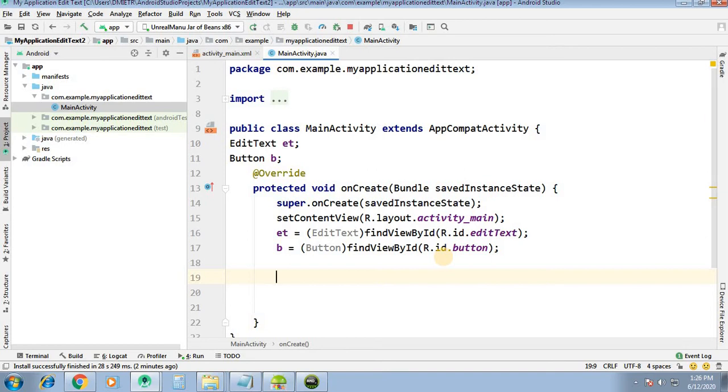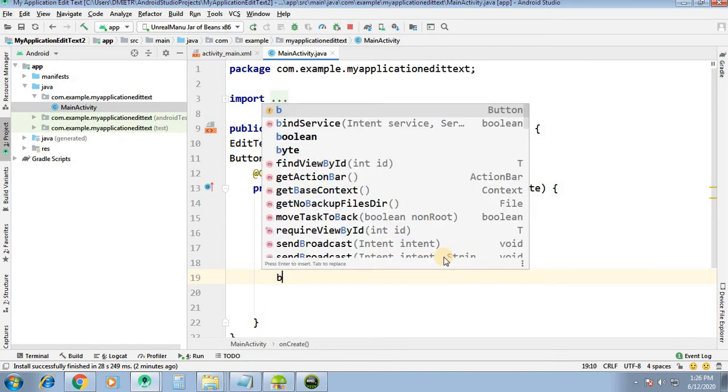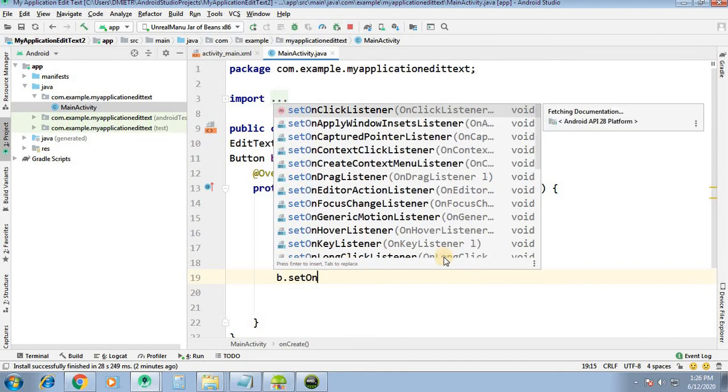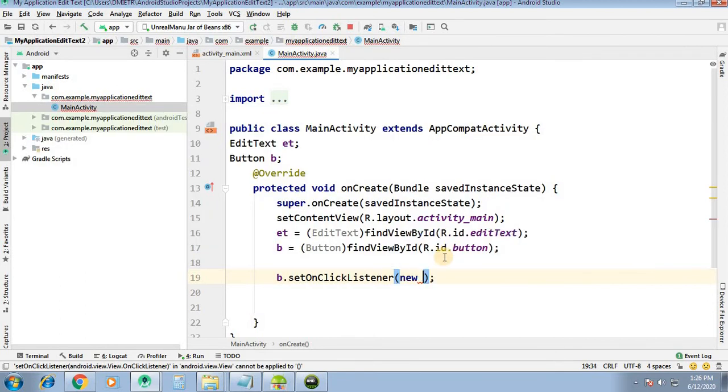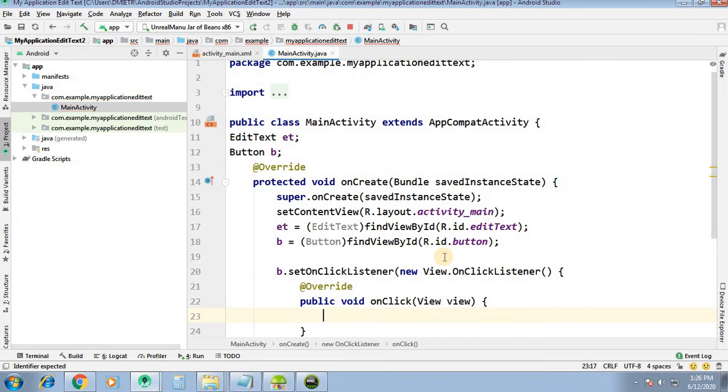Okay, so we will apply an on click listener on the button, and what should happen on a click: the text that is present in the edit text should go into some string, and that string we want to display. Okay, so b.setOnClickListener new OnClickListener.